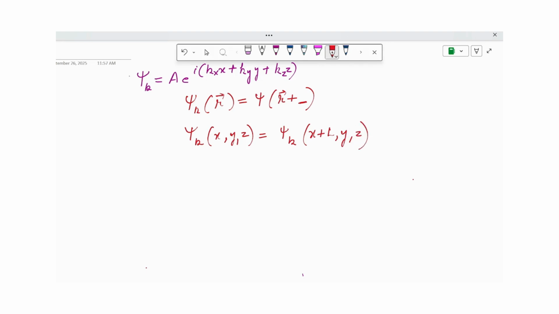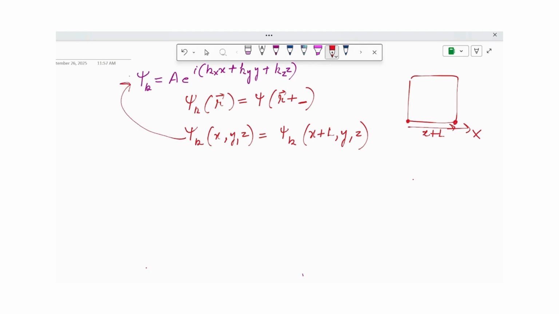y plus z. So in quantum mechanics, what we are doing is, this was my box along the x-axis. So the wave function at x equals 0 should be equal to the wave function at x equals L. So I'm writing it as the wave function at x is equal to the wave function at x plus L. Similarly, for the y and z axes also, we will have to follow this boundary condition or symmetry condition. So putting this